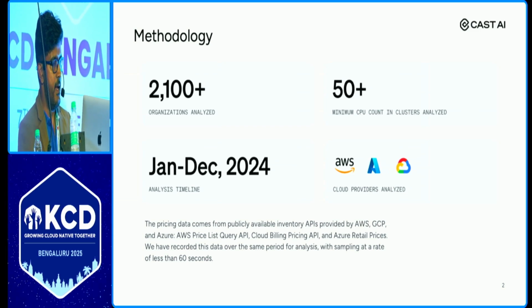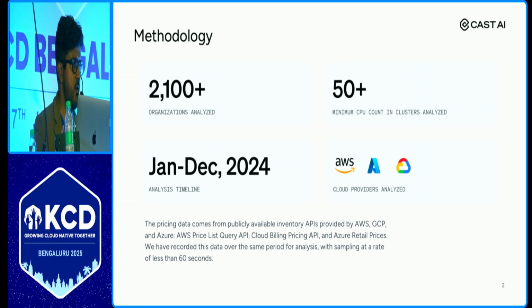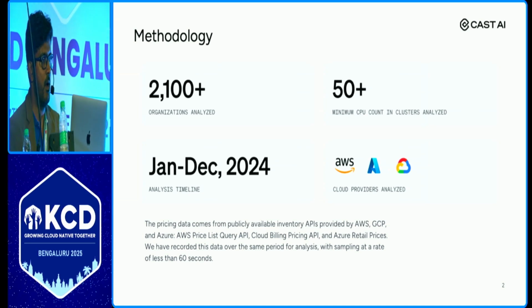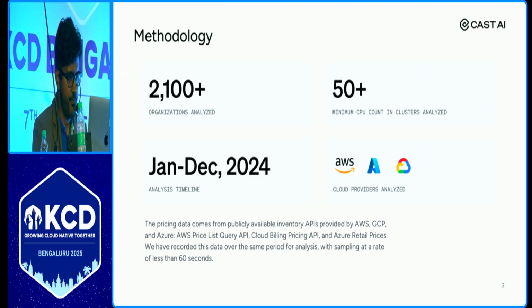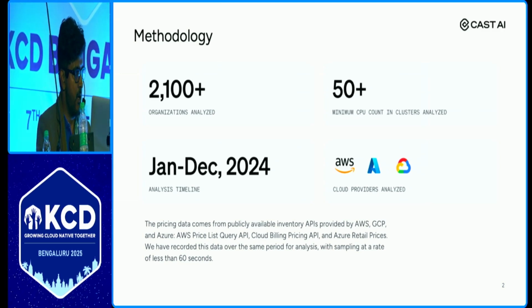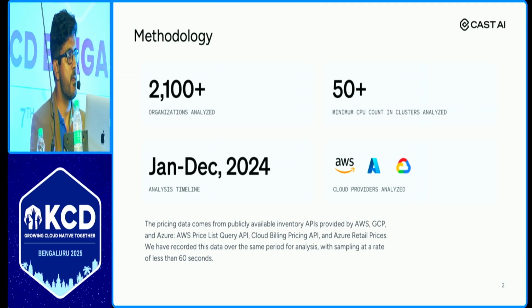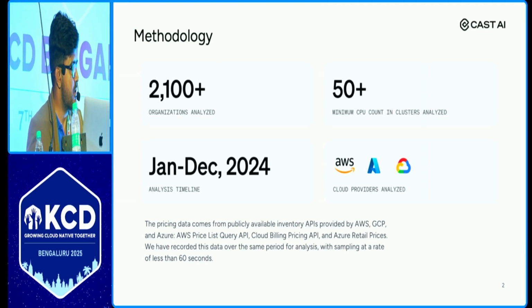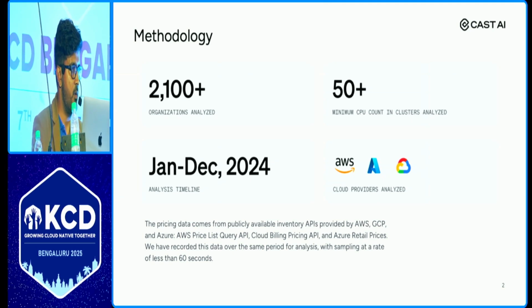In this data set, we only considered clusters with more than 50 CPUs, so the size of the cluster was good enough to be a production grade or miniature production grade setup. We took sampling data from the last year, January to December 2024, and the customer base was across all three cloud providers, so there is no fixed pattern. It's a similar pattern across cloud providers.